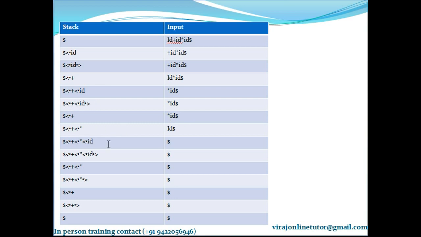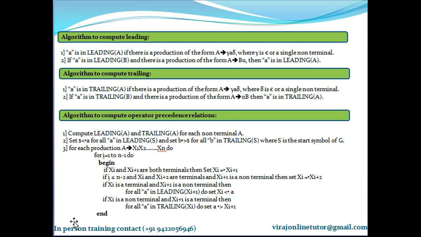If it is less than or equal to, keep on adding. As soon as you encounter greater than, keep on deleting stack elements till you encounter the first less than. That's why this goes away. Again you got a greater than, keep on deleting till you encounter the first less than. This goes away. Again you got greater than, keep on deleting till the first less than. Okay. So if you encounter less than or equal to, keep on pushing it on the stack. If you encounter greater than sign, keep on deleting the stack symbols till you encounter the first less than. Clear?